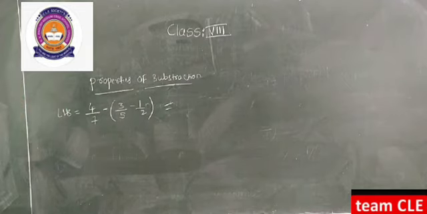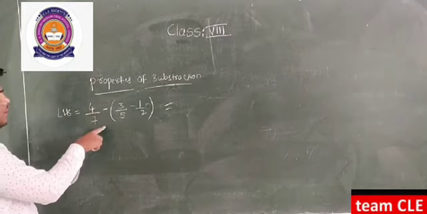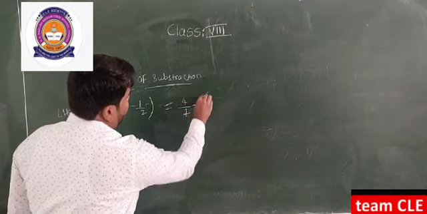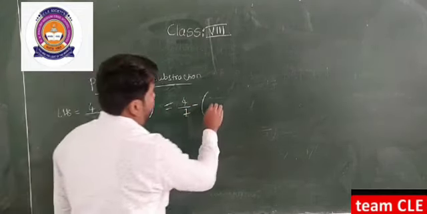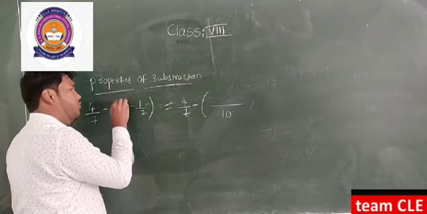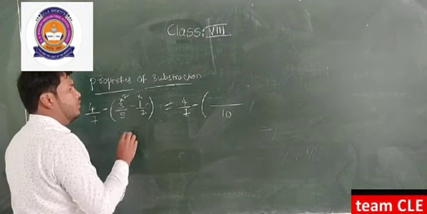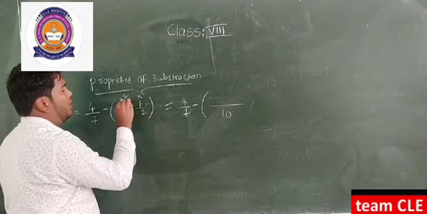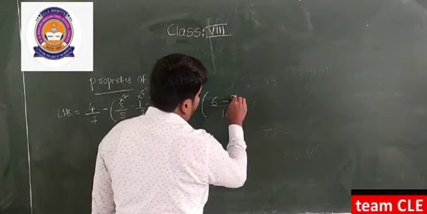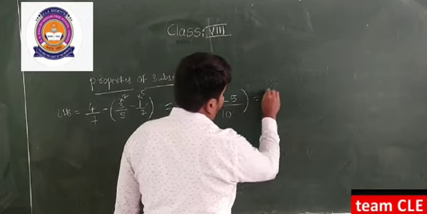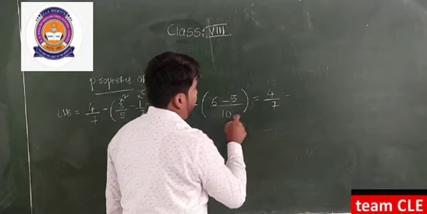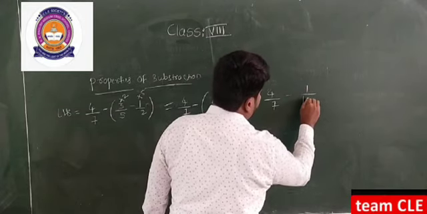So all of you see the LHS part. First I will solve this bracket. 4 by 7 minus sign as it is; for 5 and 2 the LCM is 10, because one number is even and one number is odd. Next, 5 2s are 10, 2 5s are 10, so 3 2s are 6 minus 5 1s are 5. Again we write 4 by 7 as it is, minus sign as it is, 6 minus 5 which is equal to 1 by 10.